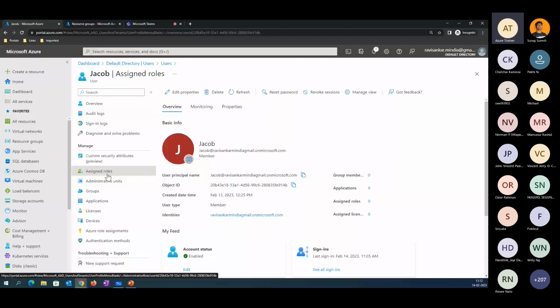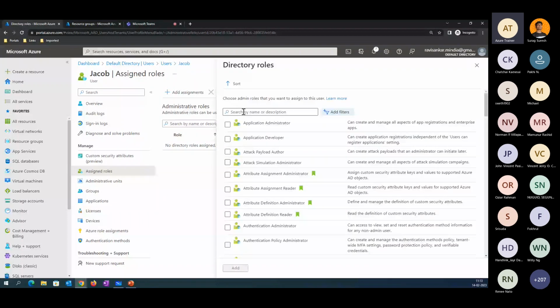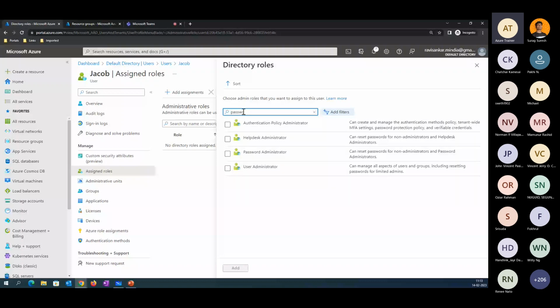So there is a concept available in the portal, basically called assign the role. Here you can configure some administrative tasks. For example, if you want to move a user to a particular action, you can configure that here, for example a password administrator. Answering Robert's question, if a particular user is allowed only to do password reset, you need to go to that particular user